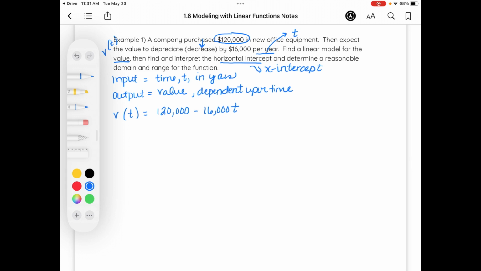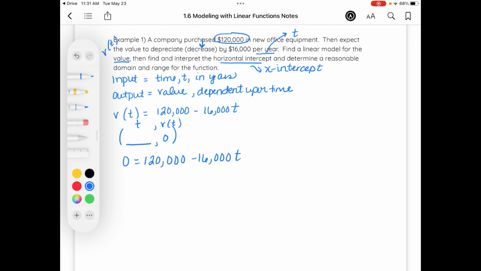Well, the x-intercept is on the x-axis. And when we are on the x-axis, our y value is 0. So if we think about this, we want to know what is our horizontal intercept, which means our y value is 0. So in this case, time, and then our y value is V of t. So I'm going to substitute into the linear function we just found 0 in for V of t and solve for time. How long will it take for our value to be